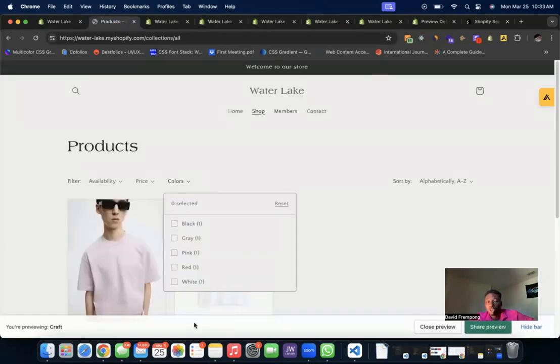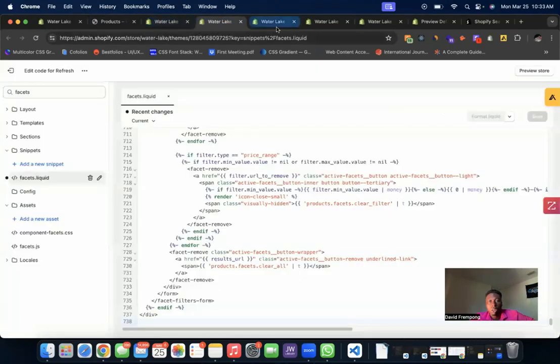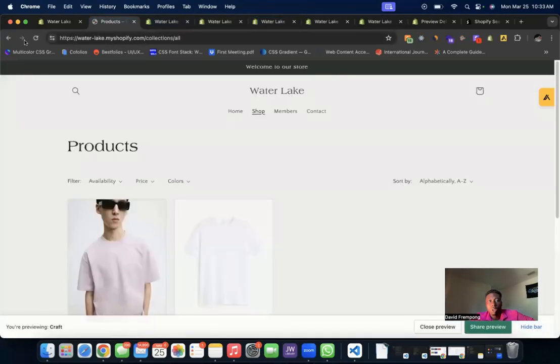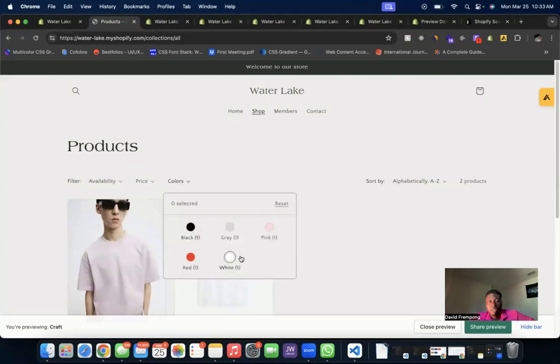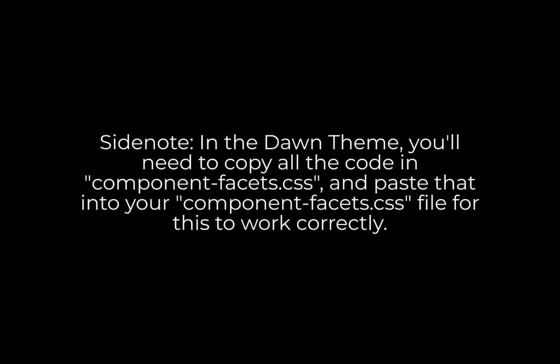Now we're going to go back to our theme. And remember before, you see how it's not showing, it's just a title. We make sure everything is saved here. All we're going to do is refresh the page like this. Let's drop this menu down and you see all the different color options are added in here like